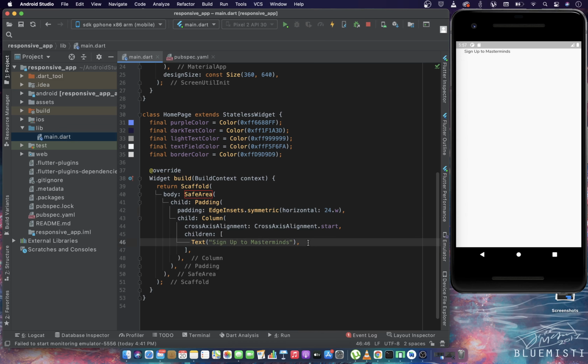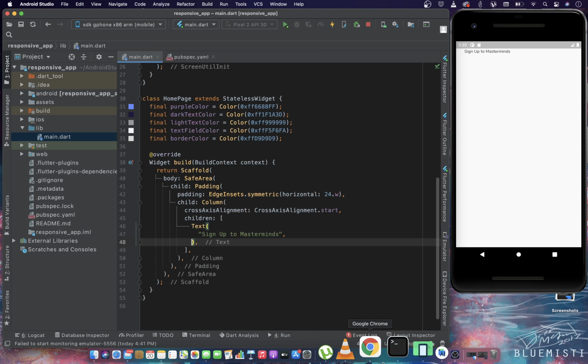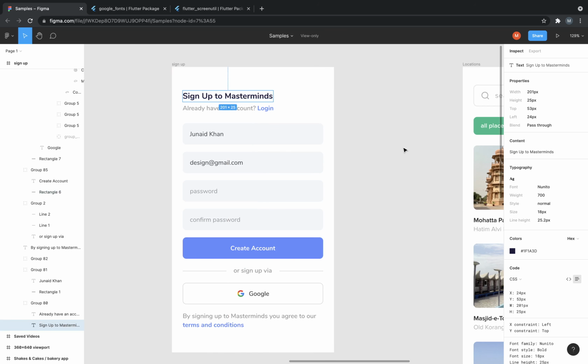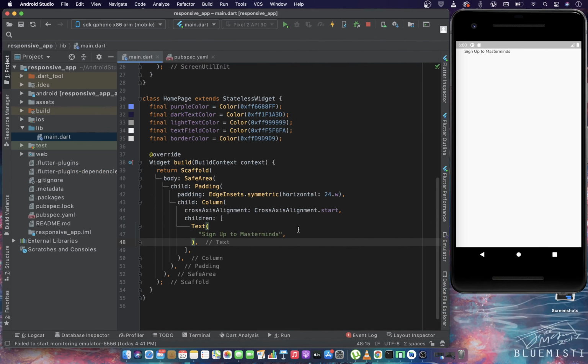So now you can really see that the horizontal padding that we have provided is exactly the same that we have on the Figma. Now let's style this text, since it has some properties in the Figma. So you can see that in the text we have the 700 weight and the 18 pixels of the text size. So simply you can just specify a